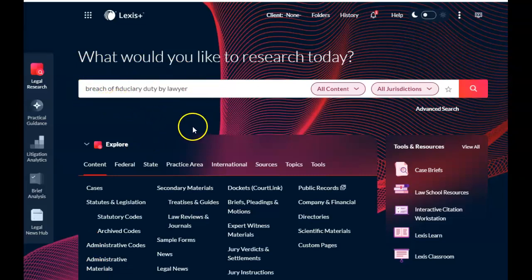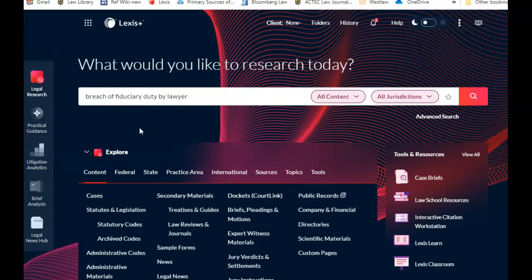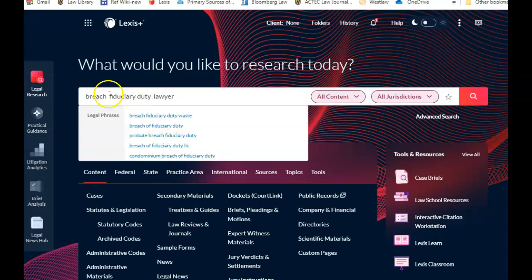So to make sure that all of our terms appear in any document retrieved, the most basic of connectors is the AND connector. So the first thing I'm going to do is to get rid of these small noise or stop words that don't add anything to our search. So I'm going to delete the word of, and I'm going to delete the word by, and I'm going to